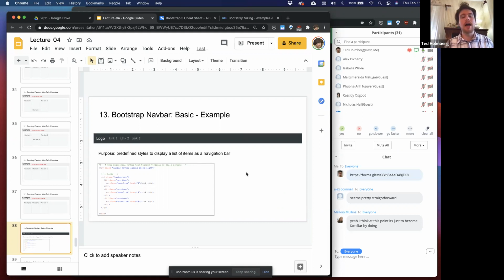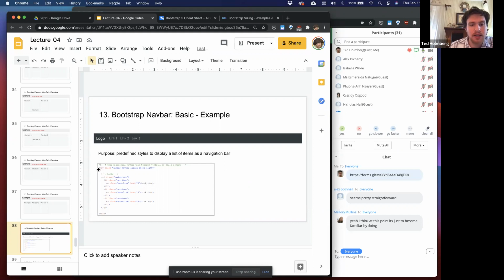And nav bars can either be normally at the top, and as you scroll, you lose the nav bar, or you can make it sticky so that it always stays at the top of the browser, regardless of how you scroll up or down inside the web page. And all these different functionalities are supported inside of Bootstrap. The basic idea of how we would define a nav bar is you just create a nav